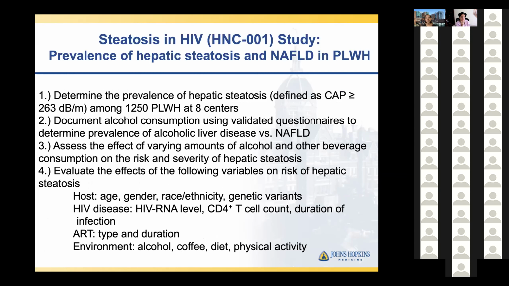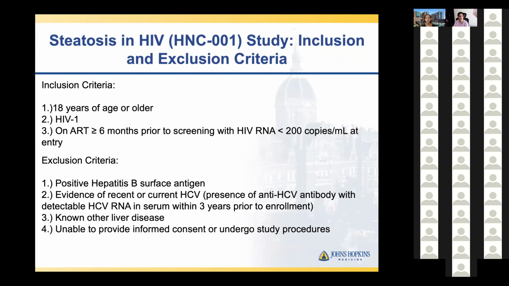for enrollment. So the first study, this is protocol 1, again, we'll be assessing the prevalence of hepatic steatosis in all comers with HIV. We'll be administering questionnaires to get information on detailed alcohol consumption and assess the effects of alcohol use on the risk of steatosis, as well as multiple other variables that we'll collect in this robust database. The inclusion criteria is pretty simple for this first study. Basically, it's an adult above the age of 18 with HIV that's well controlled. So they have to be on ART for greater than 6 months prior to screening with undetectable viral load at